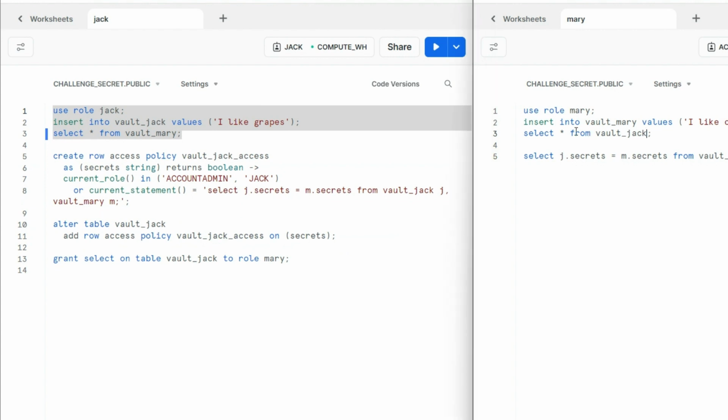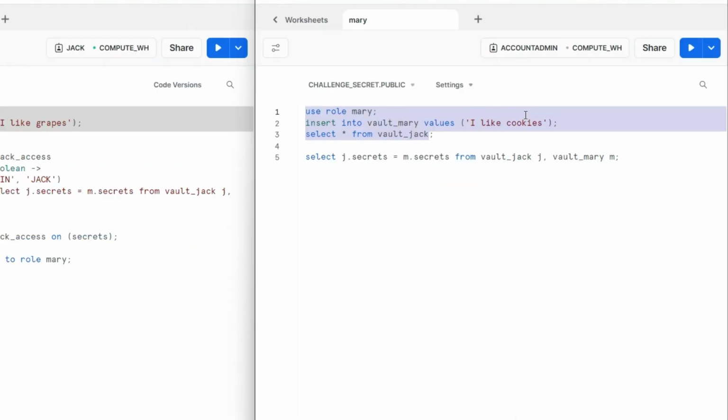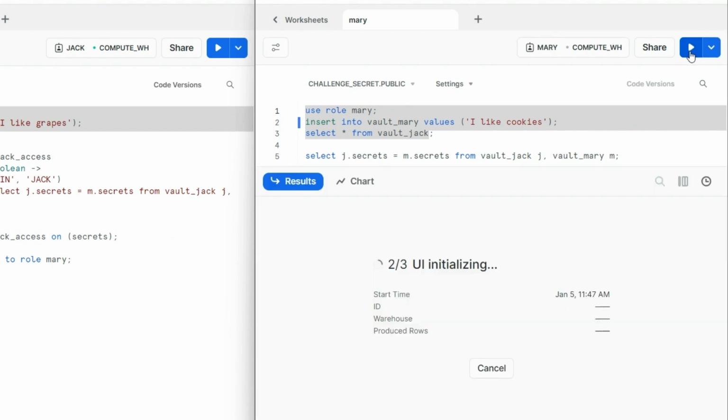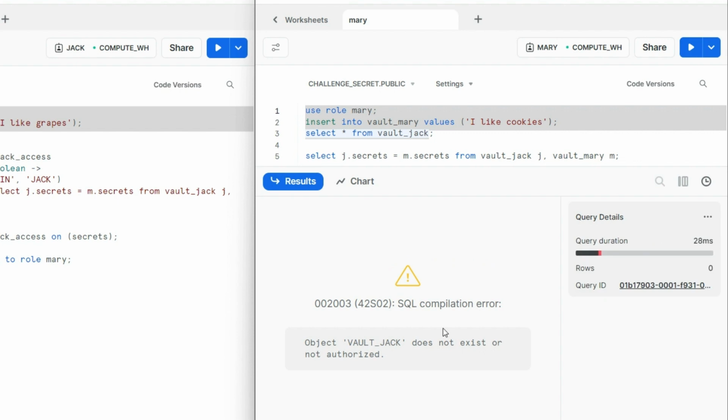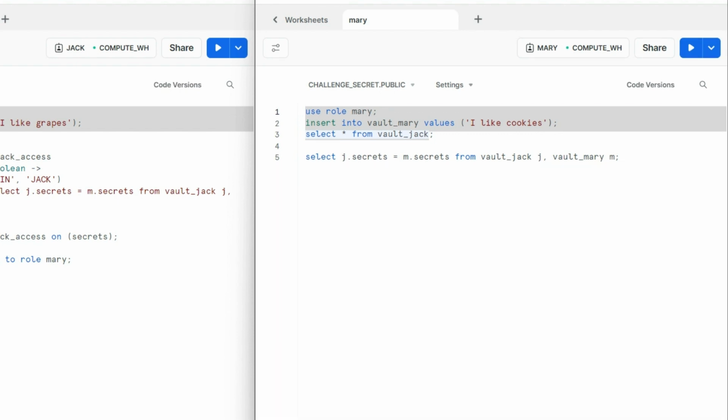So basically, I don't have access to Mary's table. And let's do the same right now for Mary. I will impersonate Mary as a role. I will insert her secret in her table, and I will make sure. Okay, you can see here Vault Jack is not accessible. Okay, I'll get rid of this,